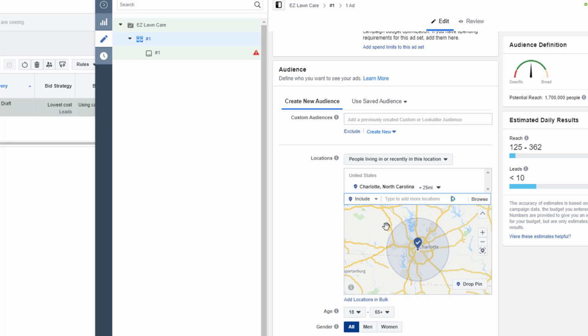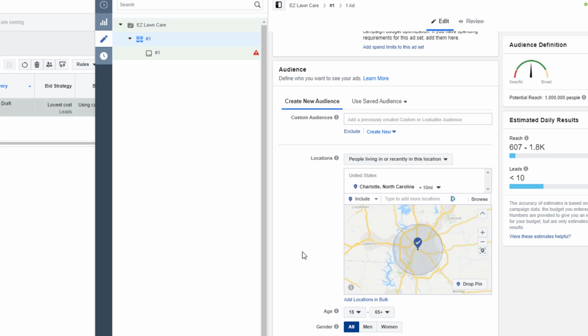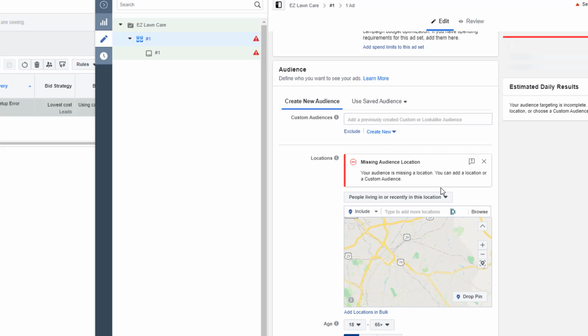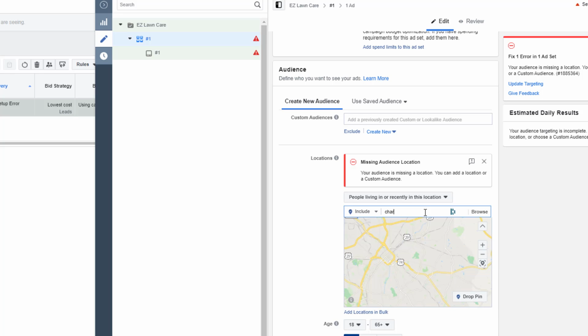And you can see by default, when I typed in Charlotte, it put a radius of about 25 miles around the city. Now, if you service 25 miles around the city, leave it as is. However, you might say, hey, I just want to target 10 miles around the city. You can also type in zip codes here. So if you only target specific zip codes, you can do it that way. And as you can see, it highlighted 28205. I can add additional ones in there. For most service providers, if you live in Charlotte,